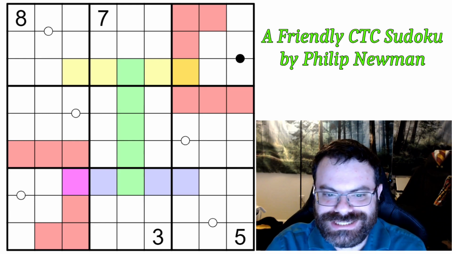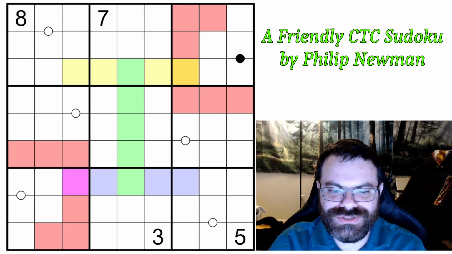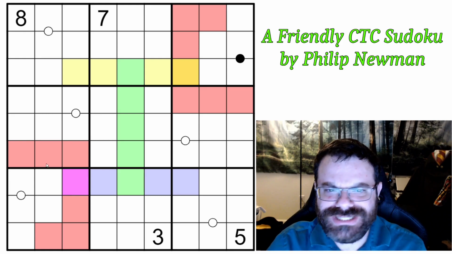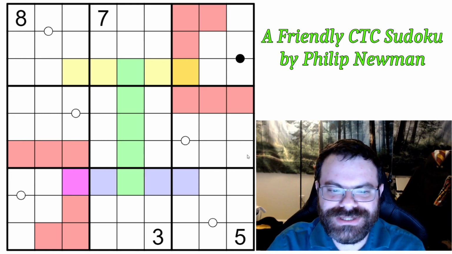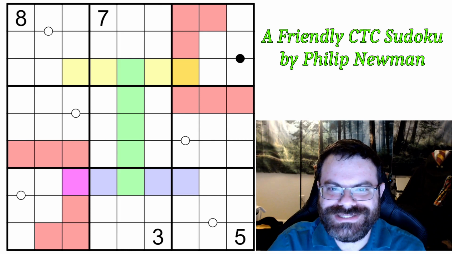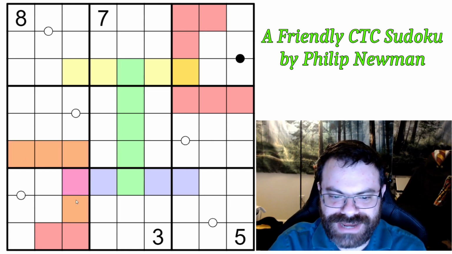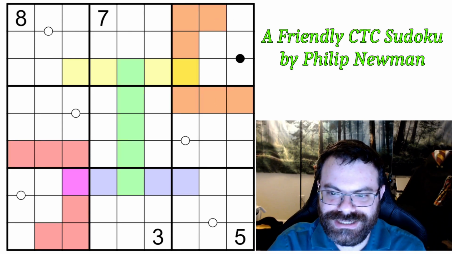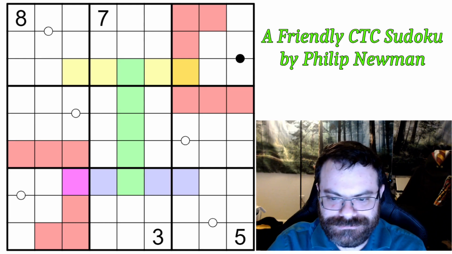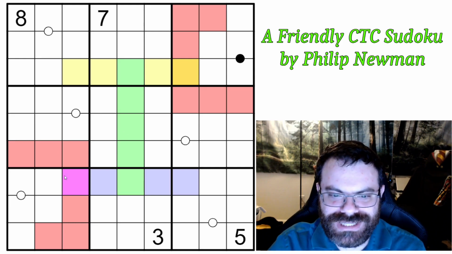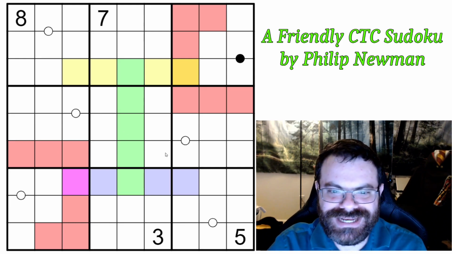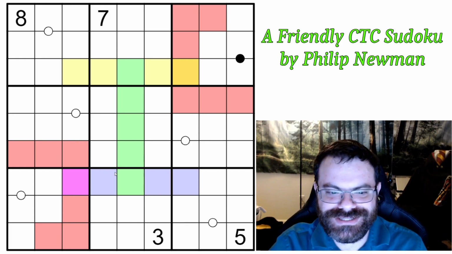And for today, I have a Sudoku, which clearly wasn't created for me, but I'm going to solve it anyway. It's called A Friendly CTC Sudoku by Philip Newman. And CTC, you can see we kind of have a backward C here, a T here, and a forward C here. And I guess if you turned it upside down, we'd also be CTC because there'd be the top of the T here. I mean, it's more like CIC, but anyway, if Philip says it's CTC, then I say it's